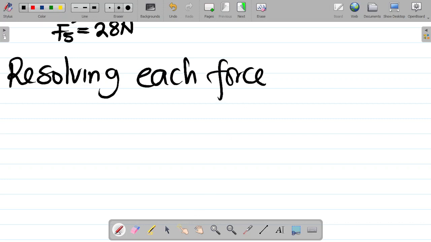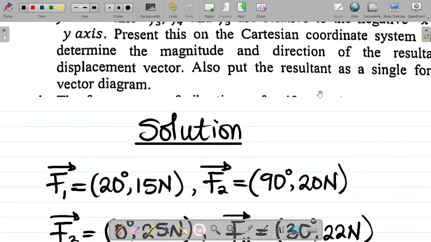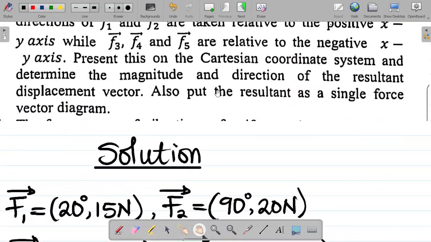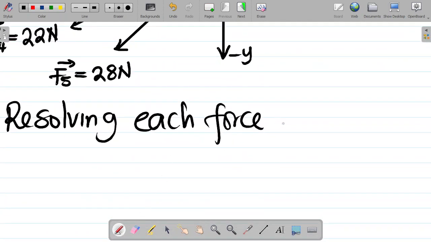Oh, this is a displacement vector. Let me see this again. Let me see what they said here. Displacement. It's not a displacement vector. It's actually a force. It's a Newton. Anyways, resolving each force to